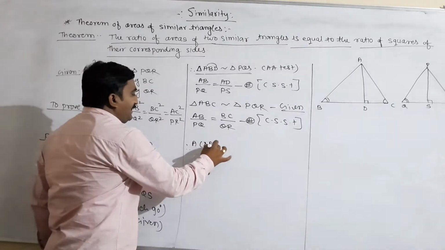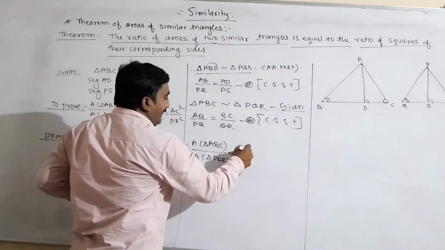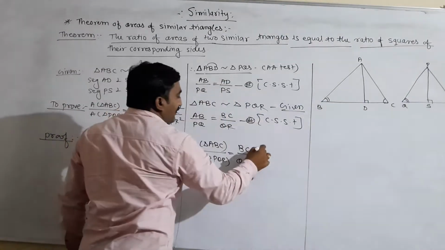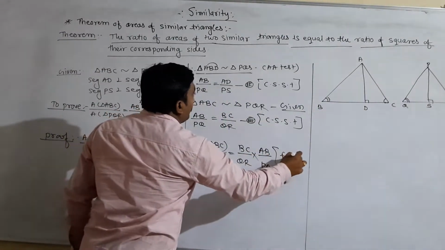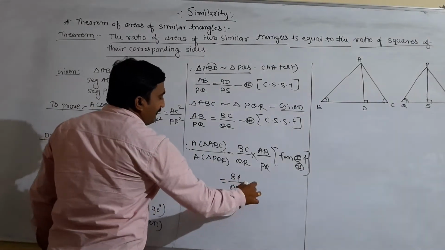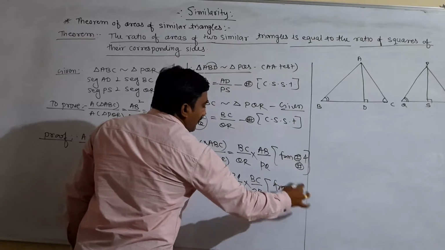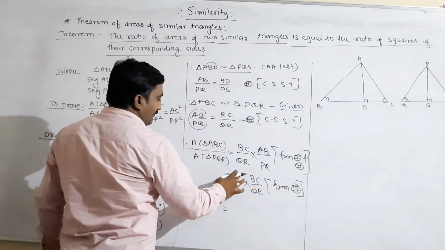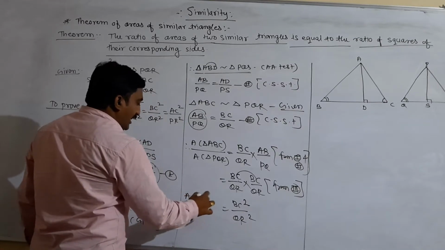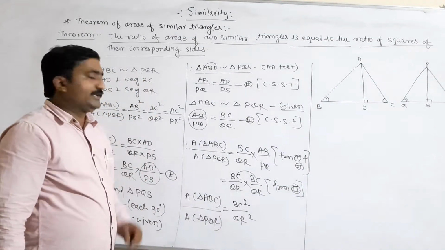So area of triangle ABC divided by area of triangle PQR is equal to BC divided by QR as it is into AD divided by PS. याच्या ठिकाणी काय घ्यायचं AB divided by PQ from first and second. आता from third आपल्याला काय करता येतं BC divided by QR या AB divided by PQ च्या ठिकाणी BC divided by QR या कशावरून घेतलं हे from third. असं केल्यानंतर या ठिकाणी बघा काय BC into BC, square divided by QR square, so that area of triangle ABC divided by area of triangle PQR is equal to BC square divided by QR square.